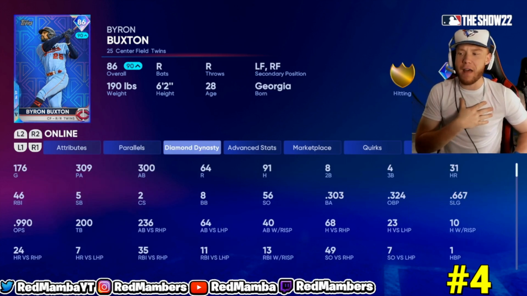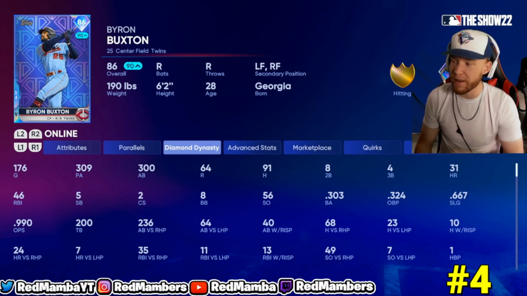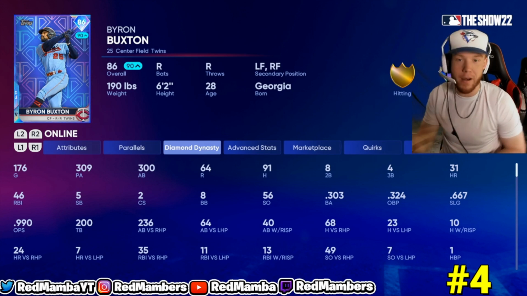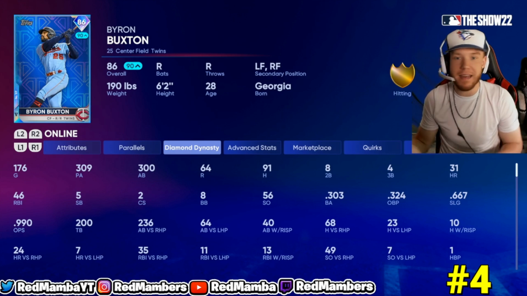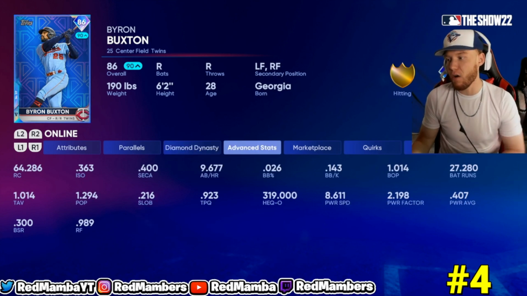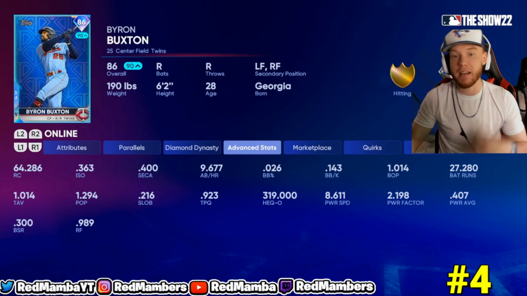For me, he doesn't have the highest average, 303. Still a decent average, but he rakes. 31 home runs, and you guys can see he has 64 runs. It's pretty much, if he gets on base, he's guaranteed to run if anyone gets any type of contact. Any hit in the outfield is pretty much a run guarantee with this card, especially since you can steal the base. And a card that averages 1 home run every 9 at bats,